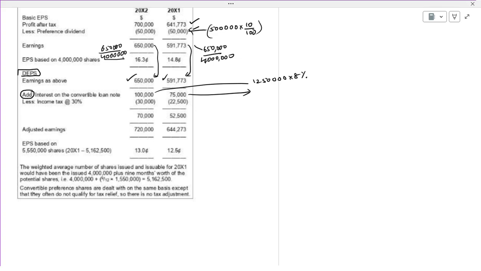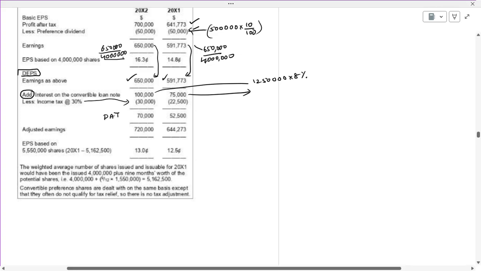Now on this you will pay tax of how much? 30%. This is profit after tax. Once it is profit after tax, what happens? 720. Is it right? 720 adjusted earnings